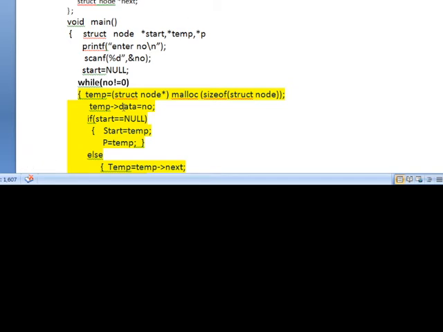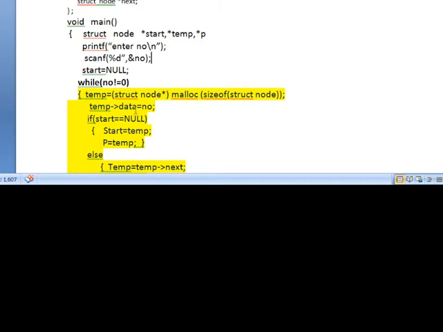Pointer to a structure is used as: pointer structure name, arrow operator, and structure element equal to value. Here the structure element is data, and I am going to store the number. That's why temp arrow data equal to number. That means 5 is stored in the temp.